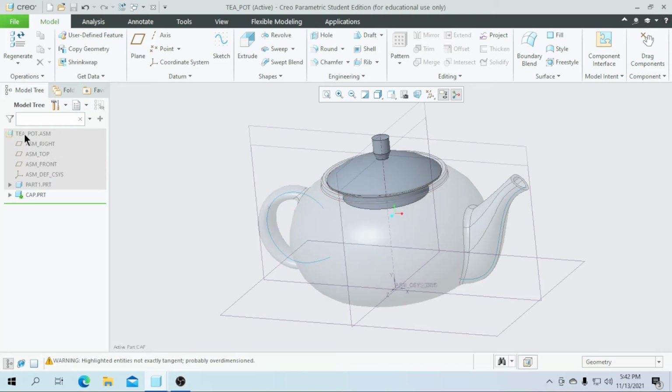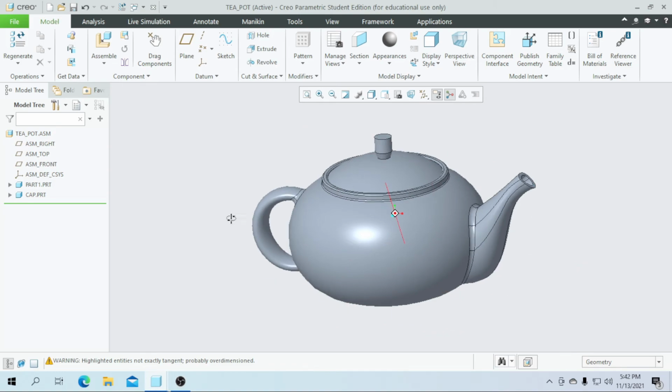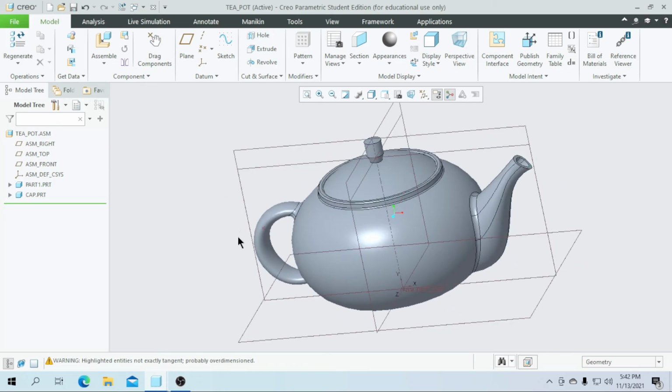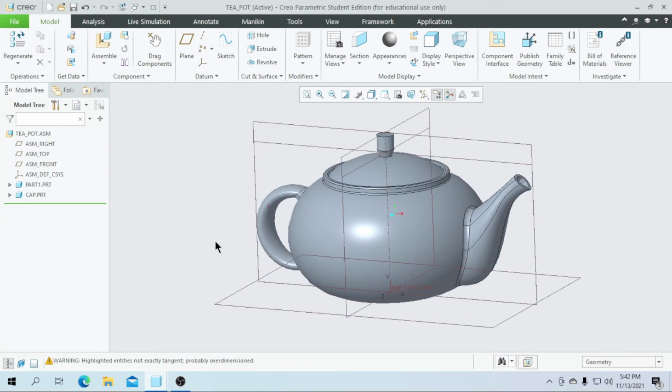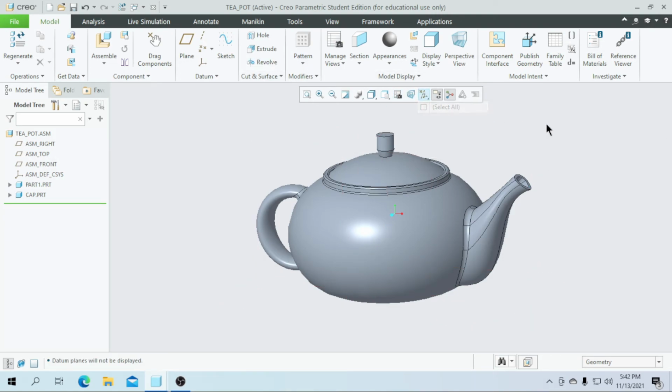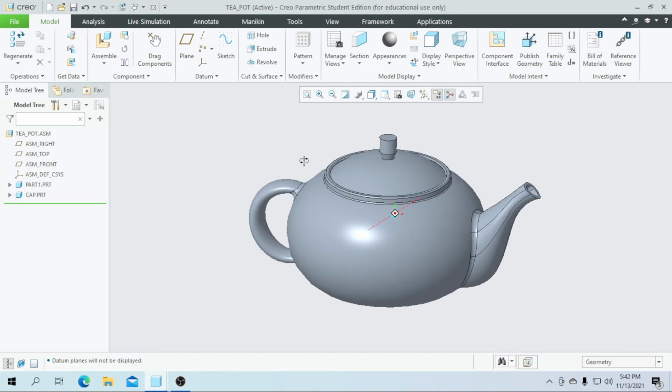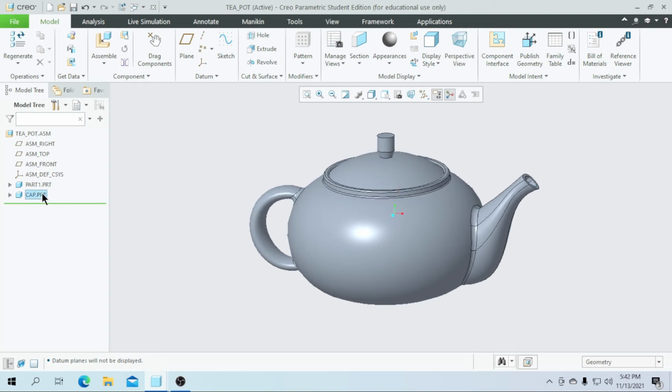Before that, let me create our part as an active part. Then go for the round. Before that, hide all those datum planes. Go for this part. Select this part 1, and make it as deactive.